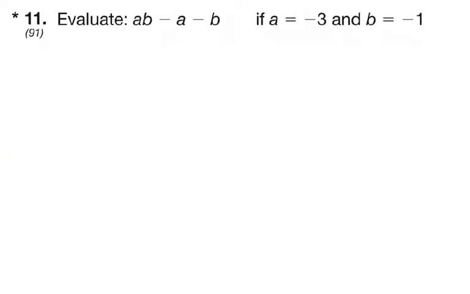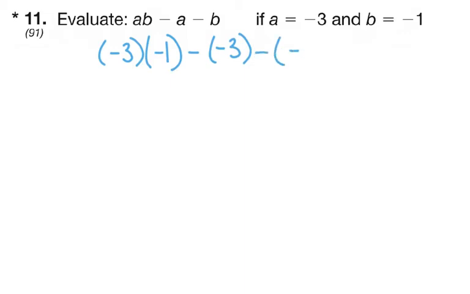All right. They want you to evaluate AB minus A minus B if A equals -3 and B equals -1. Go ahead and pause your video and let's see what you come up with. All right, so hopefully you replaced all your A's with -3 and all your B's with -1. So -3 times -1 minus -3